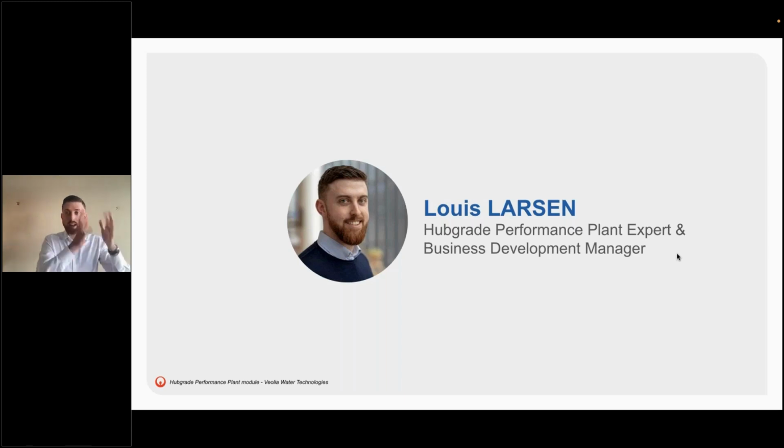So there's that segment. And then there's the other one, which are enabled by the fact that the barriers to entry to digital are breaking down, and I think that's a good thing, pushing the industry forward. So you've got all the native AI people saying that, well, I've got my neural network system, I'll just get it to crunch all the data, and then I will tell you, do this or do that. And while I think that's really good, because it makes this type of technology enter a rather conservative market, it pushes it forward well, but in my opinion, I think it lacks a little bit of this process expertise,